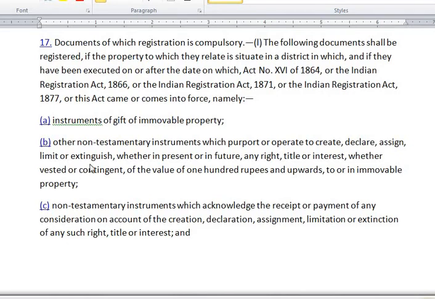अब ये जो सेक्शन 17 है रजिस्ट्रेशन एक्ट का, I am not reading all of it, reading some portion of it. The following documents shall be registered if the property to which they relate is situated in a district in which, and if they have been executed on or after the date on which so and so act comes into force। तो इस पोर्शन से हमें मतलब नहीं है, हमें मतलब है आगे इंस्ट्रूमेंट्स ऑफ गिफ्ट